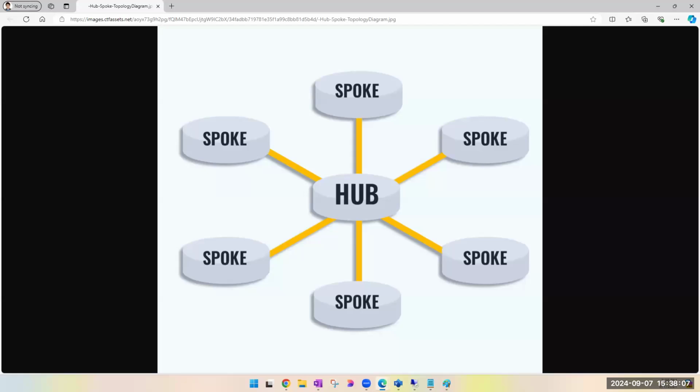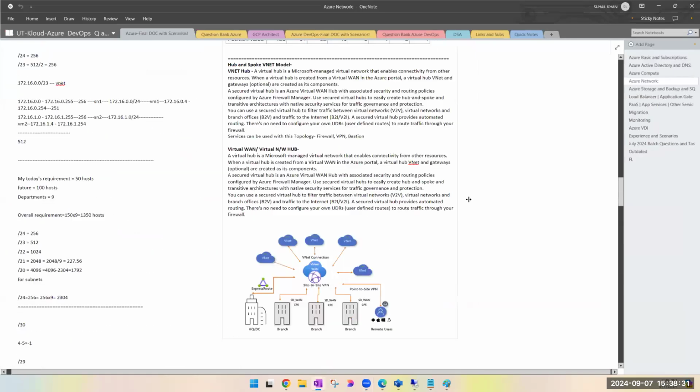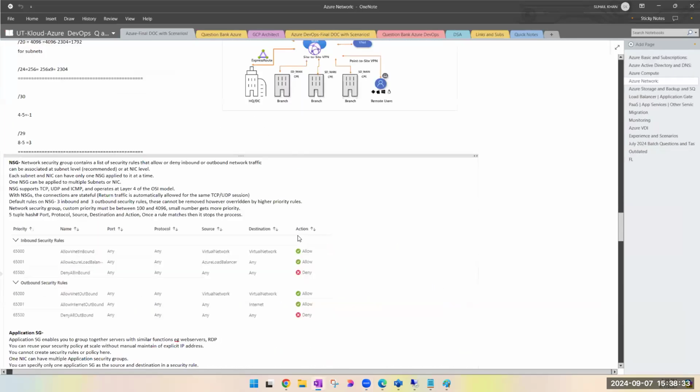Yes, yeah. Sohail bhai, are there only two options to create this kind of connectivity? One is UDR and one is the system defined. No, these are not two methods. These are two components of one method. The method is hub and spoke. And no, this is not the only method. We have vWAN as well, but we are not going to cover that. vWAN is also an important topic,